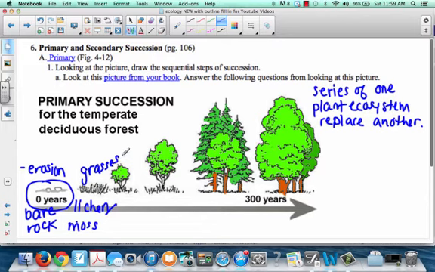Grasses are going to be able to put more nutrients into the soil. It's going to add to the soil. When the grasses die, they actually add more nutrients to the soil. And then eventually it has enough nutrients where shrubs can move in. Shrubs are taller than grass. They're going to shade out the grass. They're going to outcompete them for sunlight. The grasses are going to die, and just like you guessed it, the grasses will decompose, add even more nutrients to the soil, allowing not only just shrubs to grow, but now we have some larger shrubs and some maybe trees. Okay, so I'm going to put shrubs